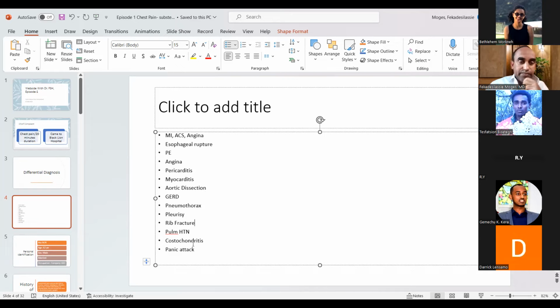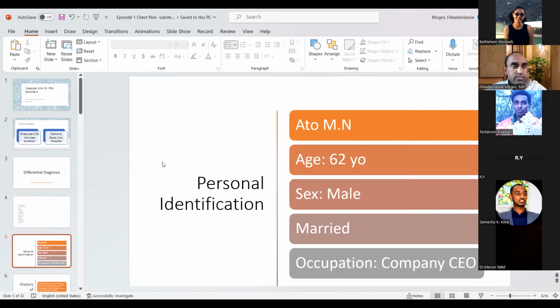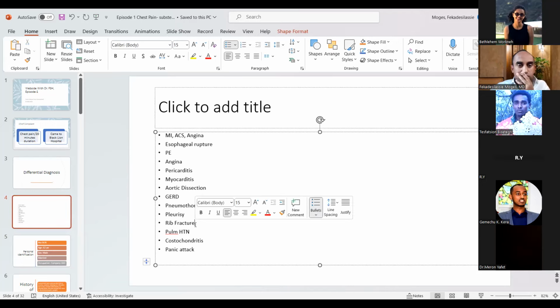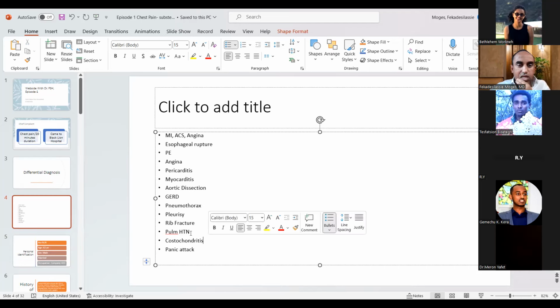Go ahead. Can I say something? Yes, of course, go ahead. About the pneumothorax, we were given the fact that the patient is not a trauma patient. We are considering spontaneous pneumothorax, right? Again, epidemiologically, spontaneous pneumothorax would usually be common in young men who are smokers, because of the rupture of the pulmonary bleb. Not really.